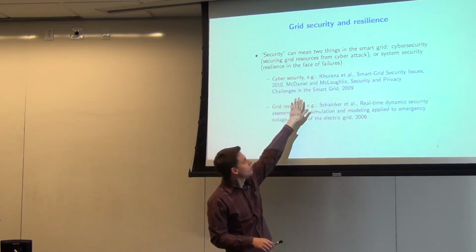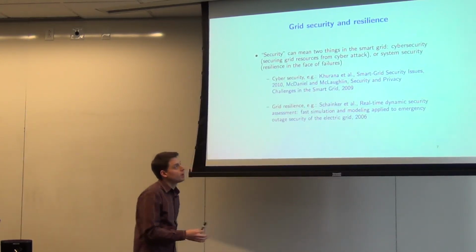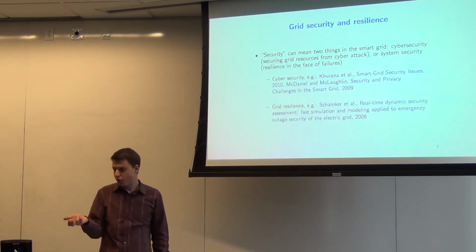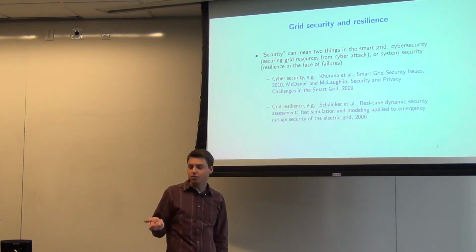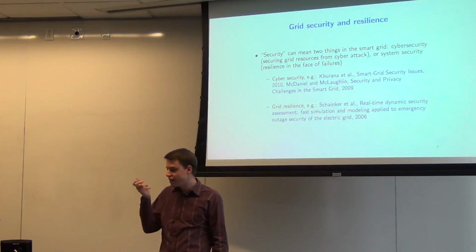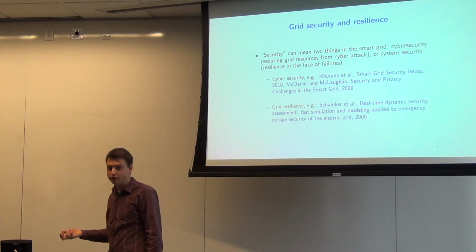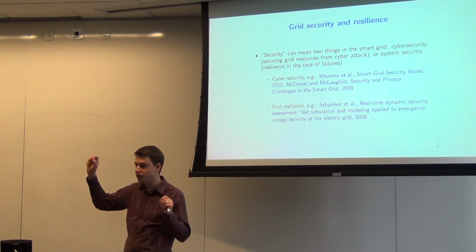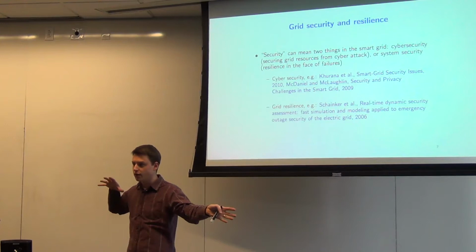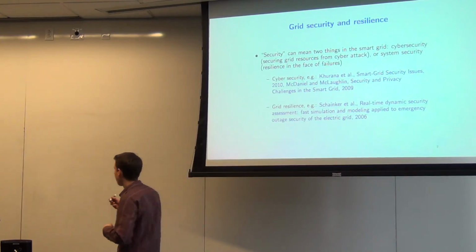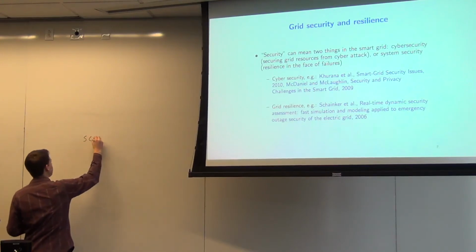And I should say there's a bunch of papers linked on both these two topics here. But here the problem is much more of one that we already have the tools to deal with from this course, right? Because we've built the simulation models, and what we can do is test them under the assumption that different components fail. So we test our power flow solver. All of a sudden we knock out one generator and see if we can still solve power flow or optimal power flow. This is something often called security constrained optimal power flow. So you might see the SCOPF,